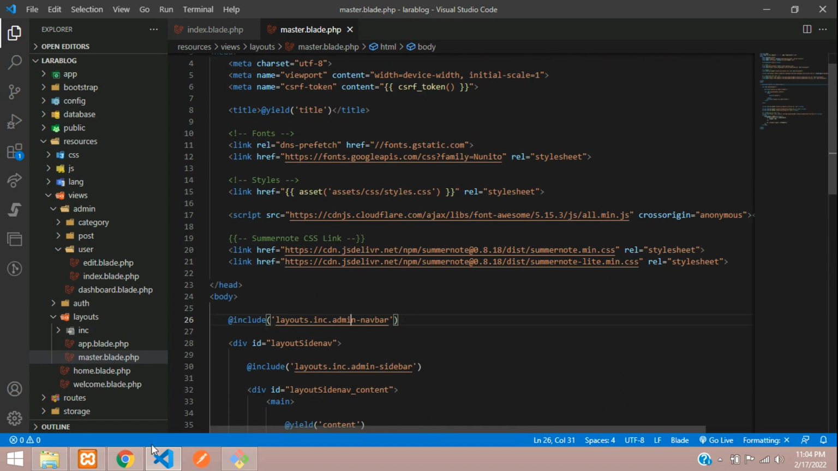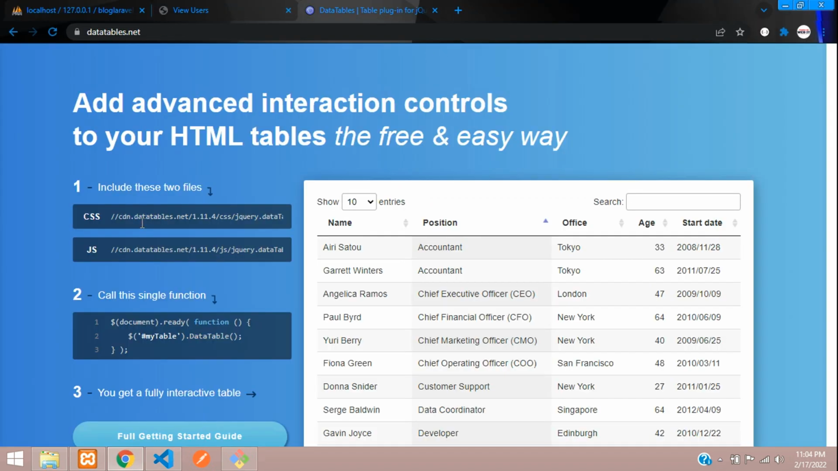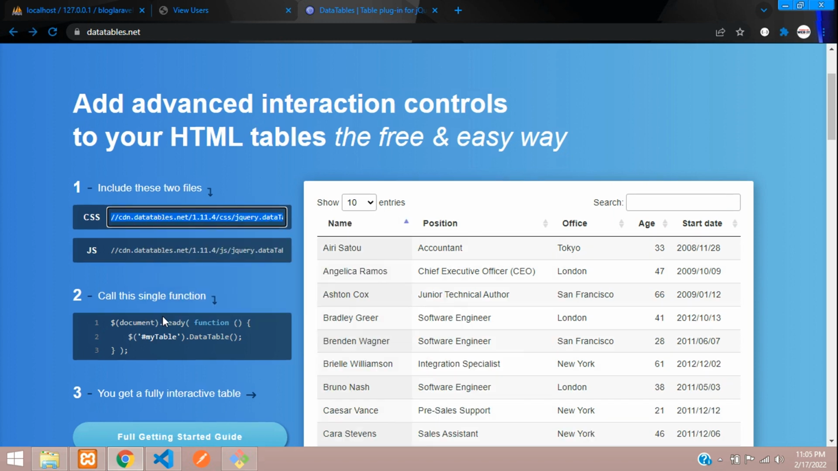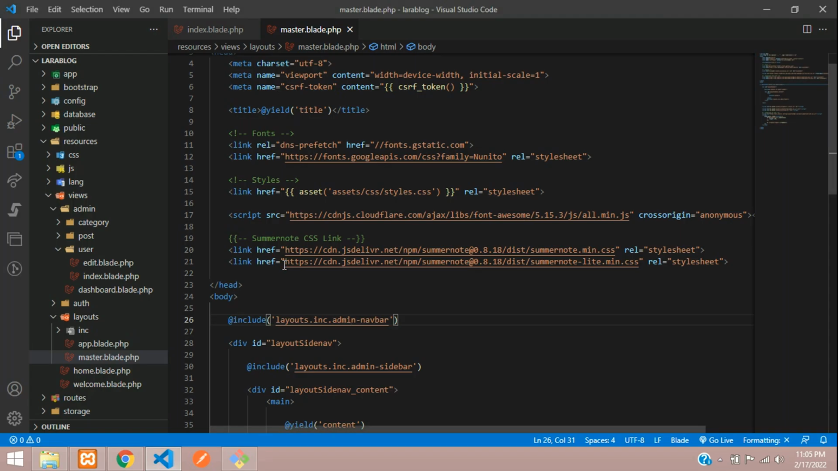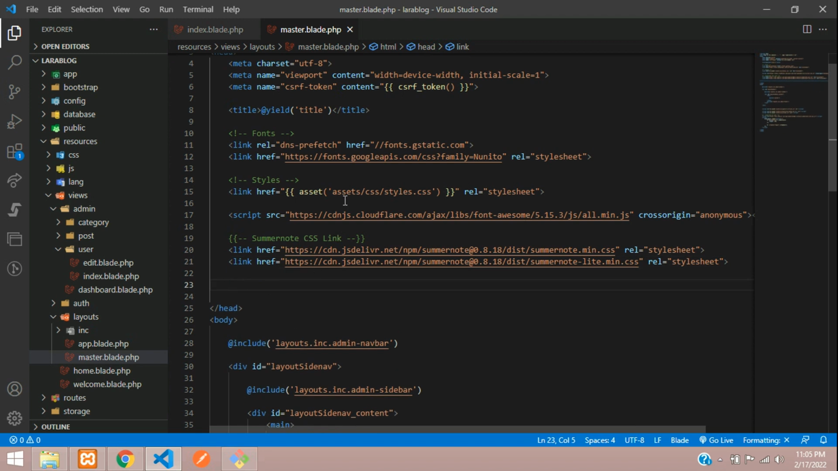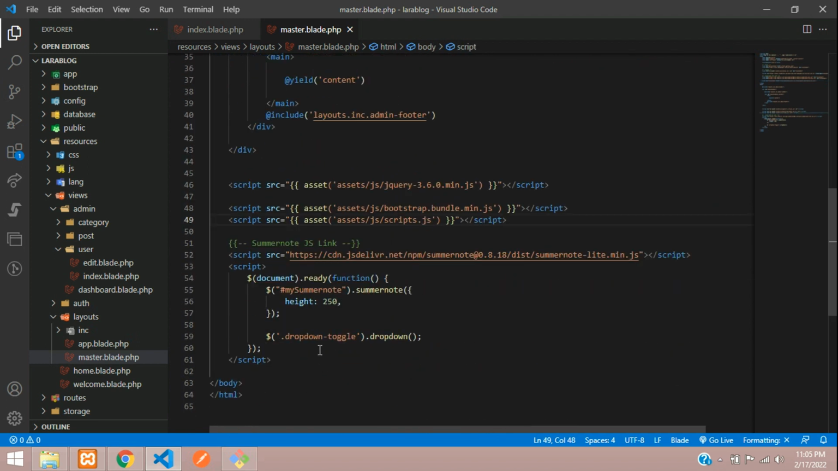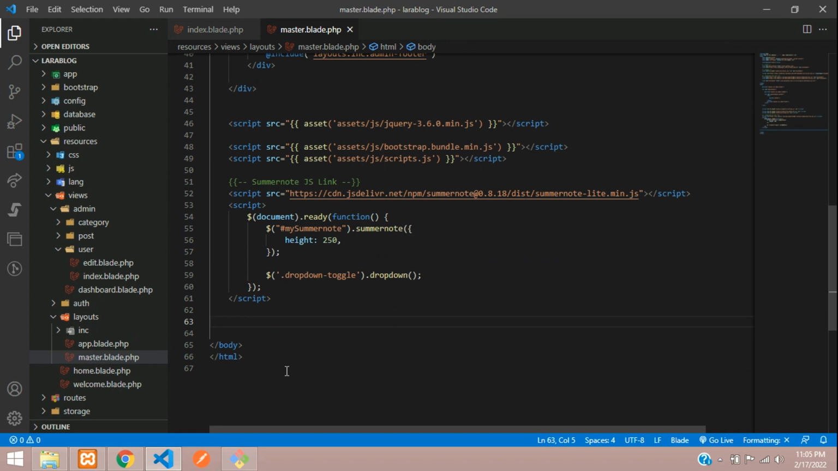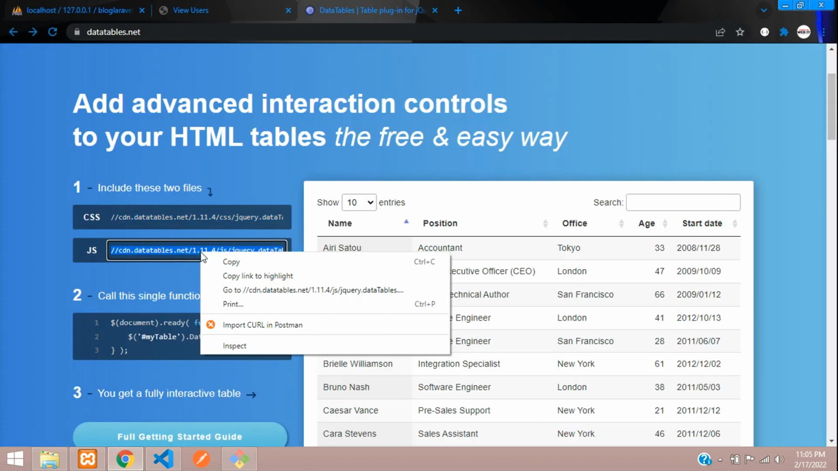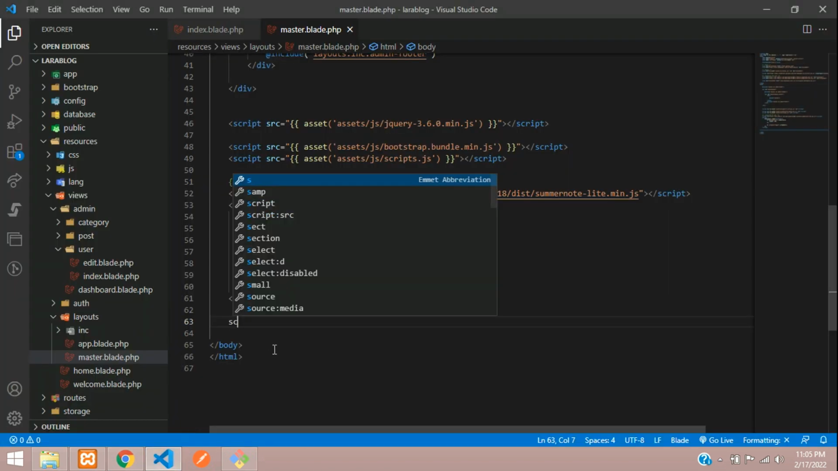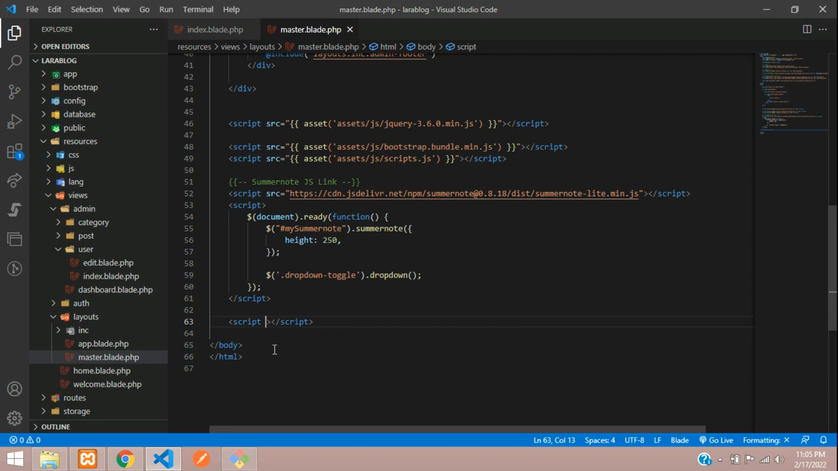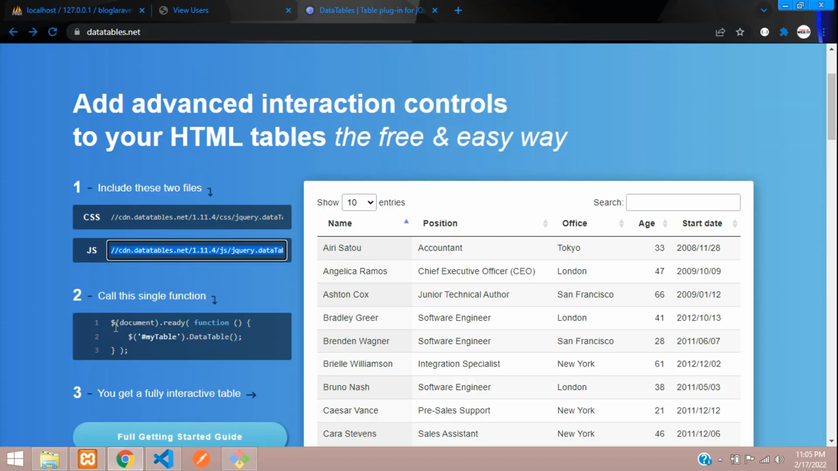So first let's go to data table, and here you find the CSS link. Copy this and go to the editor. You can add it after your any link and just paste that. And let's go to the script. Here I'm going to paste after this. You can just copy this JS link, type the script and give src equal to, and paste that. All set. Now you can just copy this code,